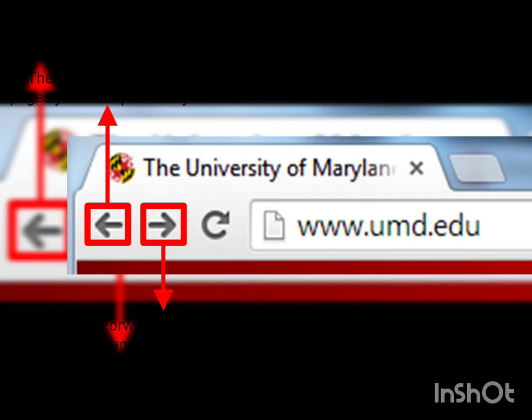Back button is used in web browser to visit the previous pages which are related to the page you are viewing currently. This button looks like an arrow toward the left direction. Forward button moves forward a page. This button works only if the back button is used. If you have not pressed the back button, it will be shown as grayed out.